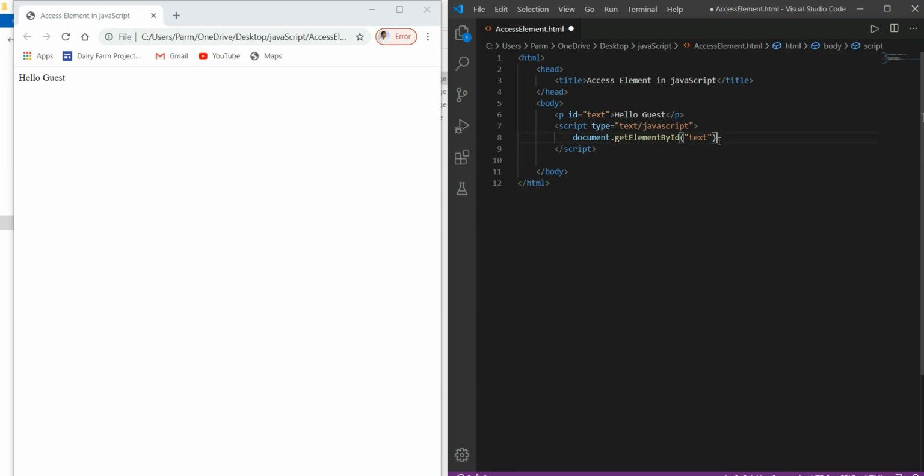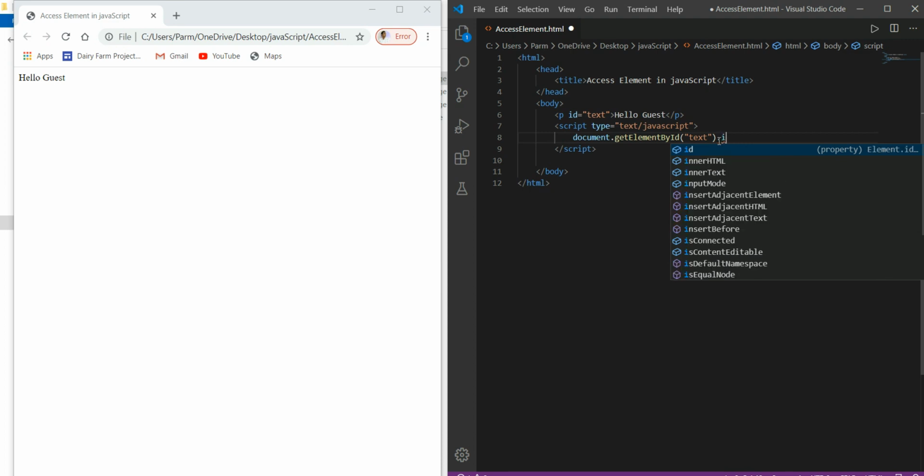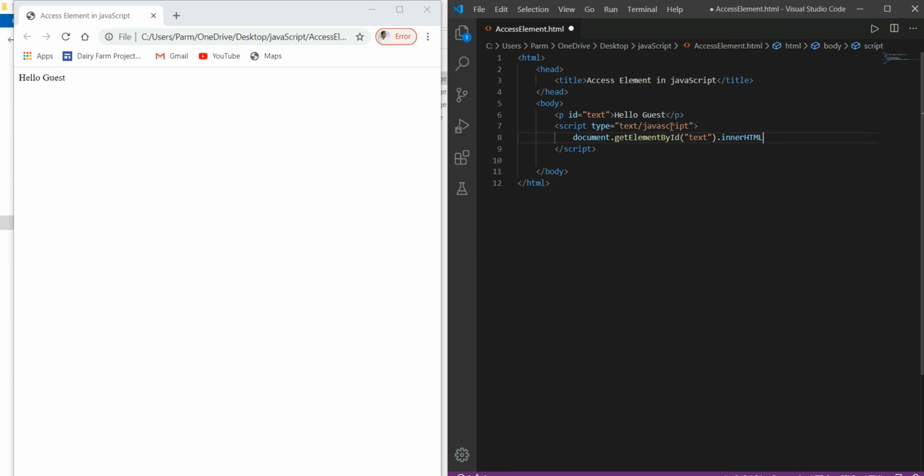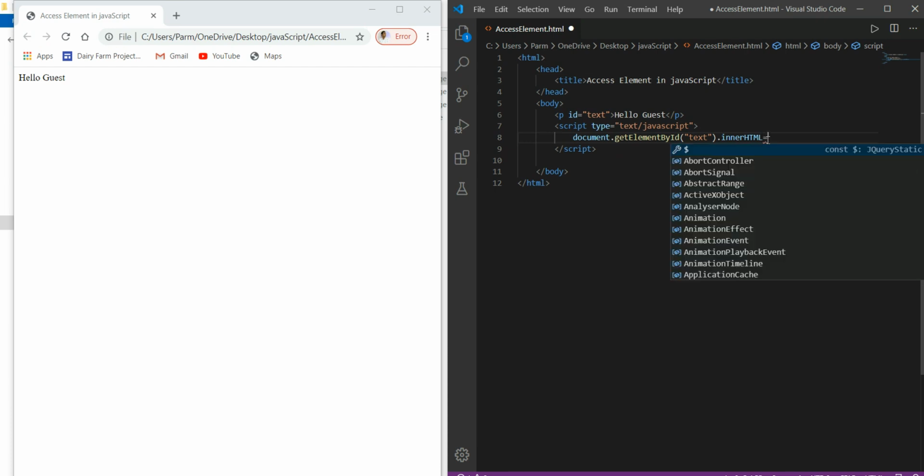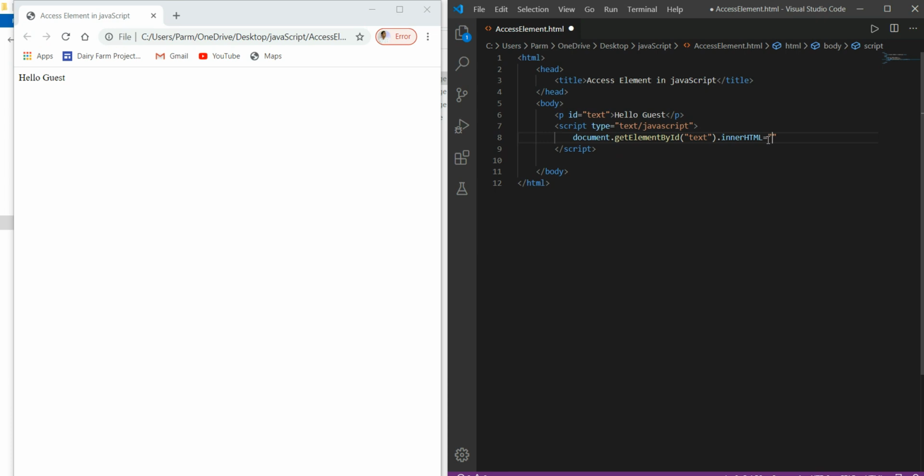And here we have to use another property, inner HTML. Inner HTML means that this element, which has the ID text, has the inner HTML hello guest. So it means we want to do something with this text, hello guest. For this we use equal to, then double quotes, and here we write hello Perm.